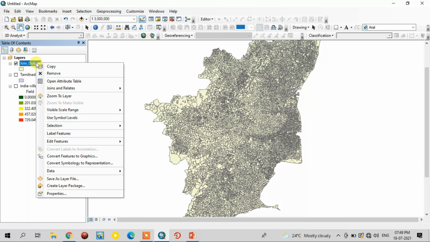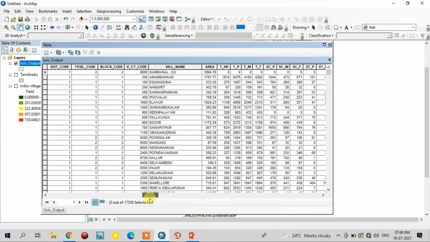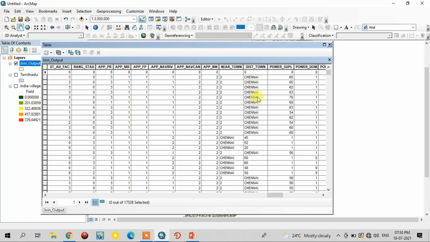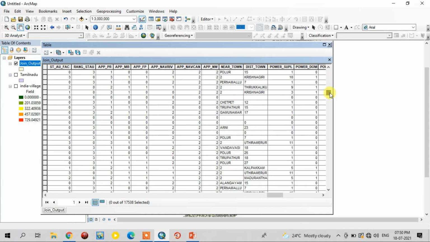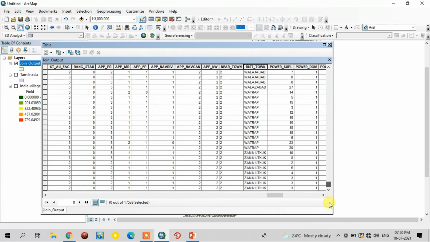See, now open this attribute table. Here the first attribute table, villages, is available. See, here the district names are joined. Wait a minute, I will go to the sorting option.